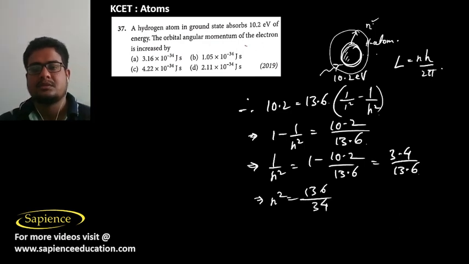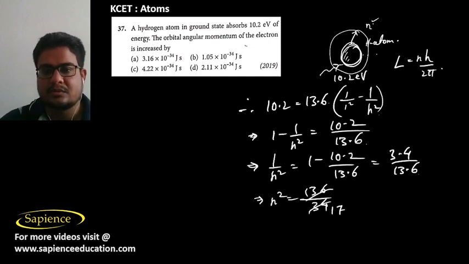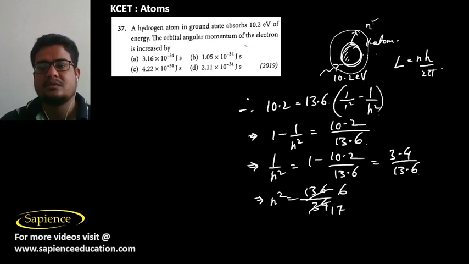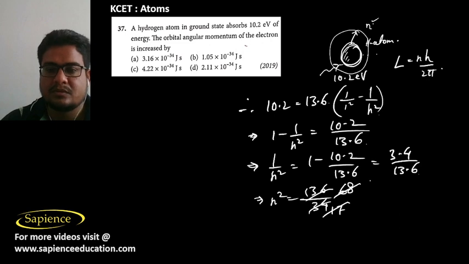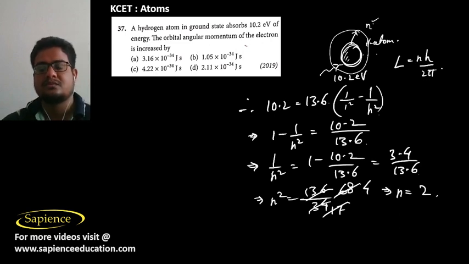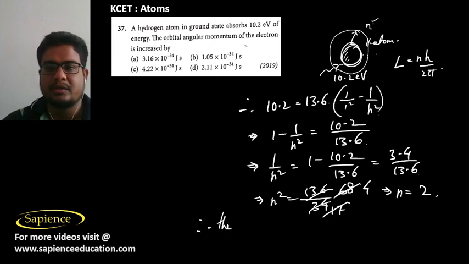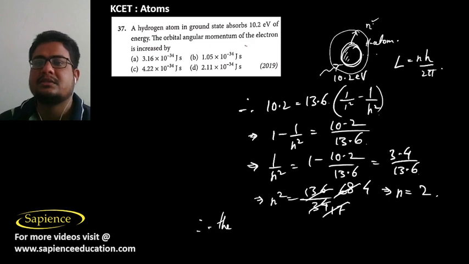That is, 2 17s are 34, 4 17s are 68. Therefore n square is 4, so n is equal to 2. Therefore the orbital angular momentum of the electron is increased by,